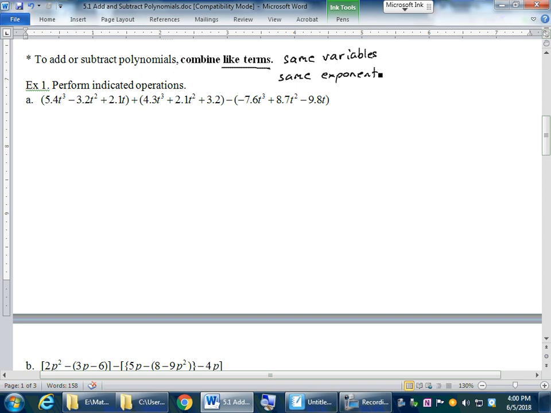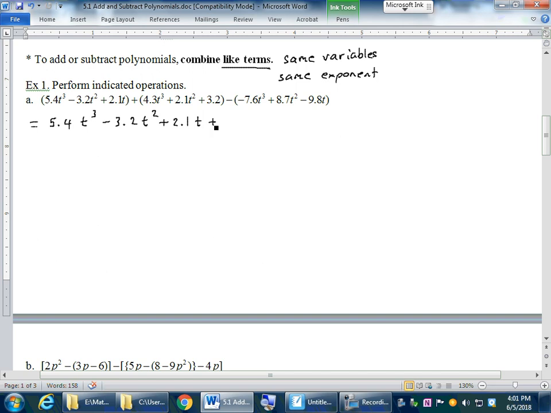So to do the first problem, perform the indicated operations. In this case, it will be a trinomial added to another trinomial and then taking away another trinomial. So the first step will be taking out the parentheses as usual. So it will be 5.4t to the third power minus 3.2t to the second power plus 2.1t plus,